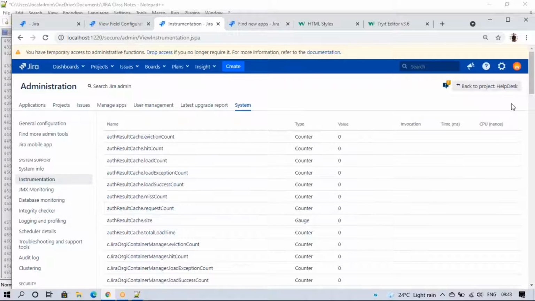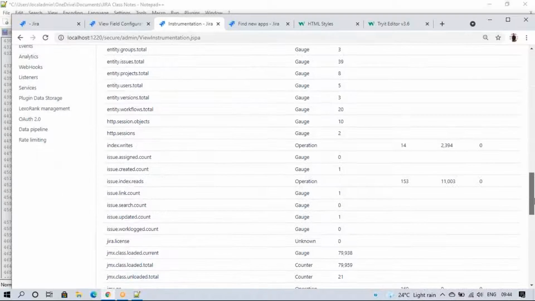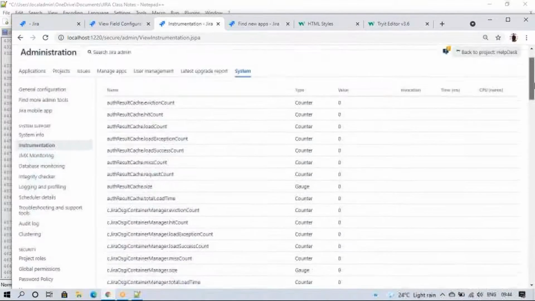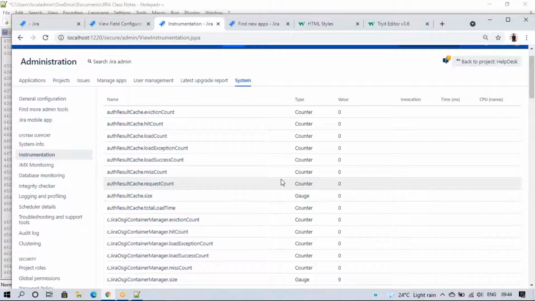We are not doing anything here. This is related to CPU information and counts. We can see it here, and some CPU. We are not changing anything, but some capturing will happen here.